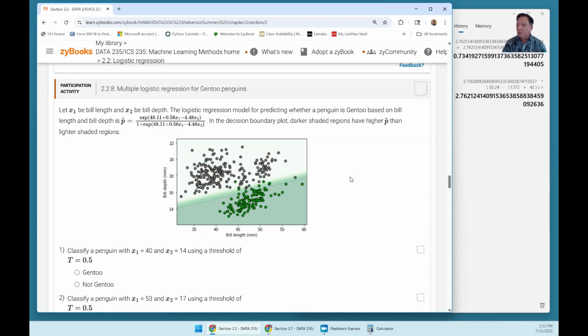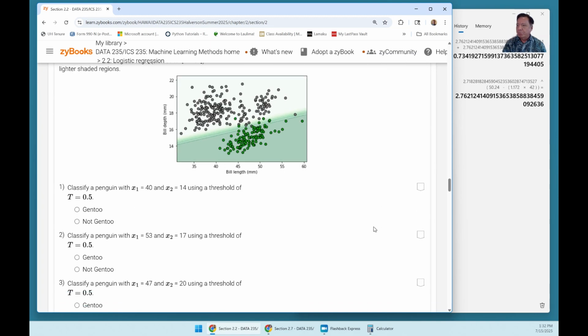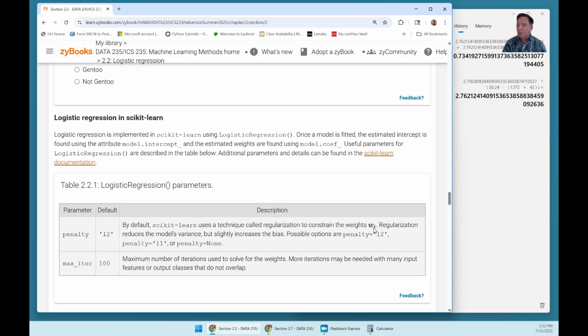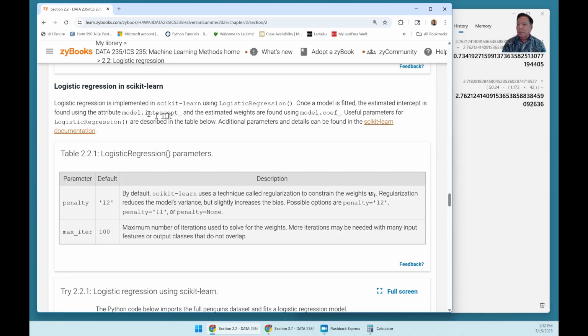So this is for the Gen 2 penguin. All right, so let's do this. Let's see what we need to do for the lab. We're going to use this logistic regression model, and with the model, we're also going to get what the intercept is,